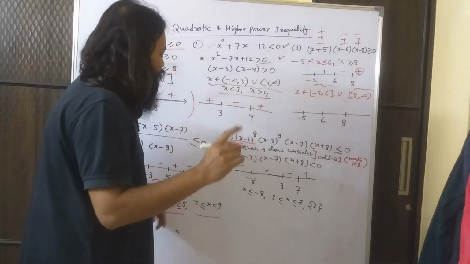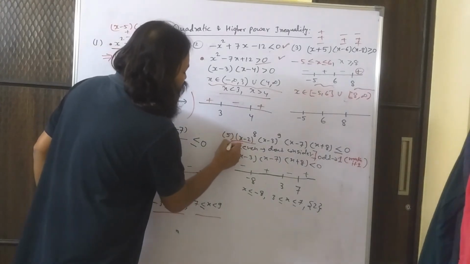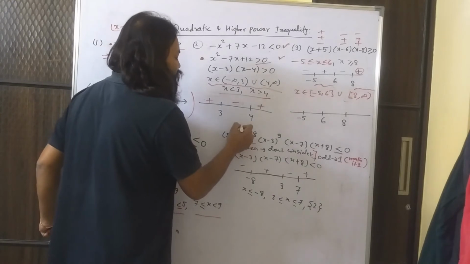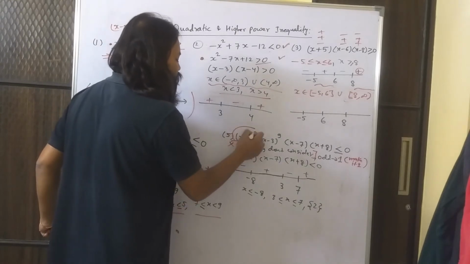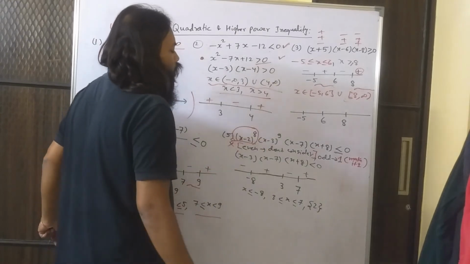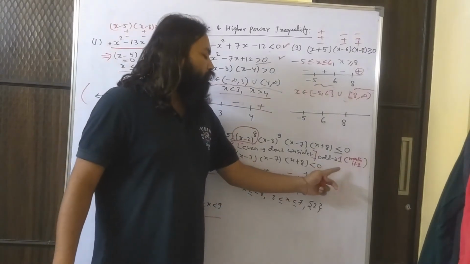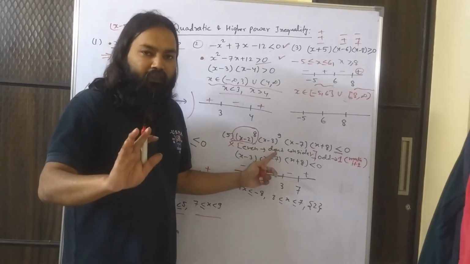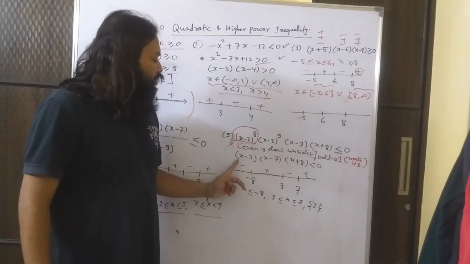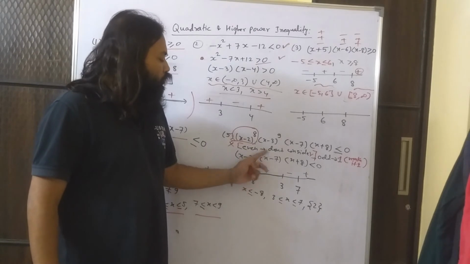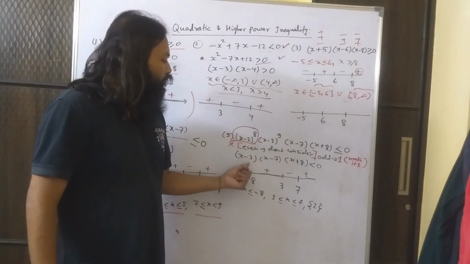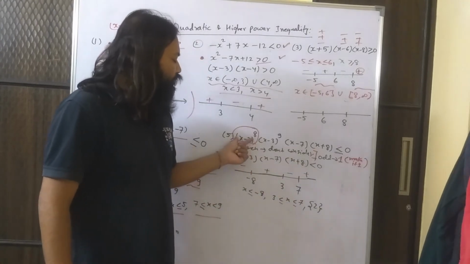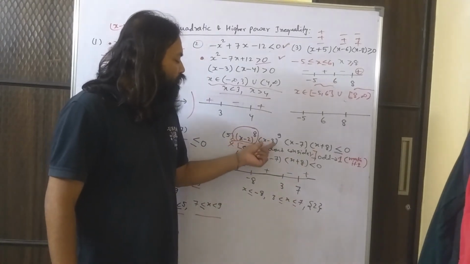So the first step is, for the moment don't consider it, I will come back to it. Okay, so even power, consider that this term is not there. And odd power, you can make it as 1. So x minus 3 to the power 9, you can make it as x minus 3 itself, nothing else. So the question becomes x minus 3 into x minus 7 into x plus 8. So what we have done, even power we have not considered, and odd power we have made it 1.